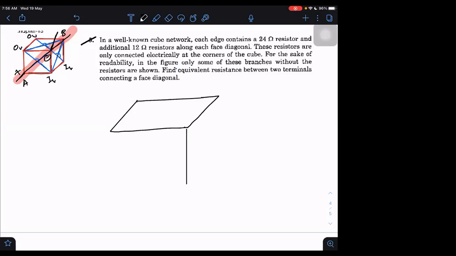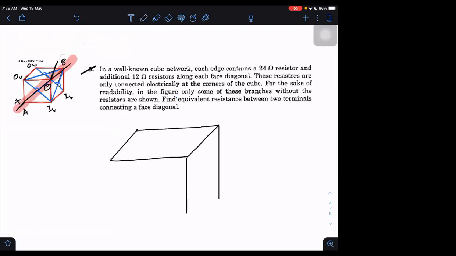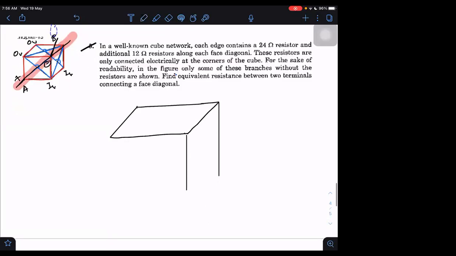Then it is the body diagonal. AB is not the body diagonal. What are you doing? This B is itself the point here. We had to find across the face diagonal. I had chosen the B point as the point along the face diagonal only. This is not the opposite corner point. You notice that this B is connected to this point or not? Where we have kept the minus sign, that is the B point.